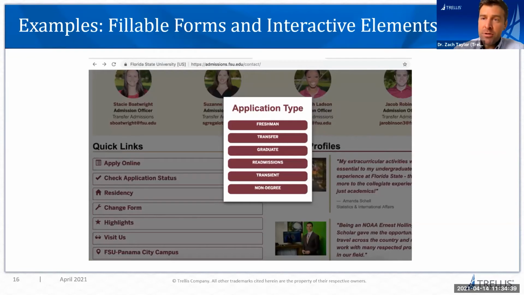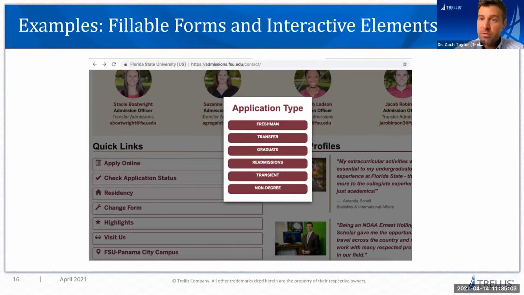Another thing you need to do is make sure you're building fillable forms in a way that students know if there's going to be a pop-up menu. So in this website, in the background, I clicked on Apply Online, and it didn't tell me that there was a pop-up menu. Now, if you don't tell a student who's using an assistive technology that there's a pop-up menu, they may click Apply Online, but then what do?